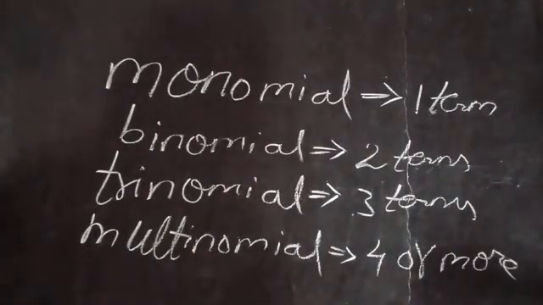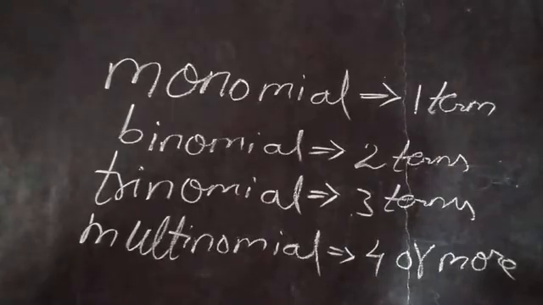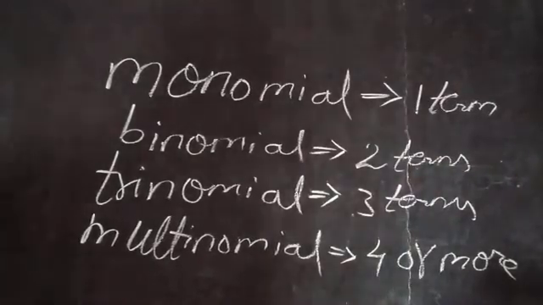So this is about the terms. Terms are separated by plus or minus. Writing the terms using plus or minus, we call it an expression. This expression is divided into 4 types: monomial, binomial, trinomial and multinomial. These all we will call